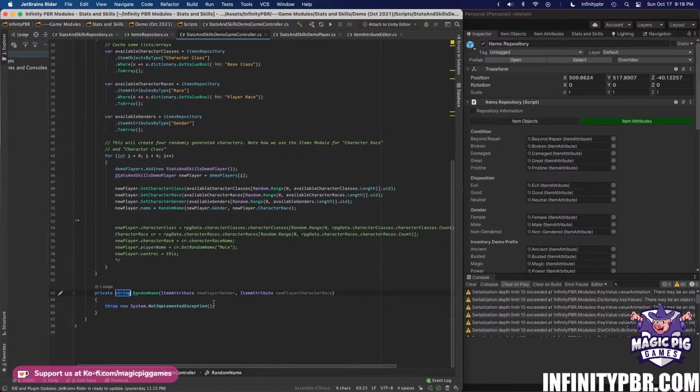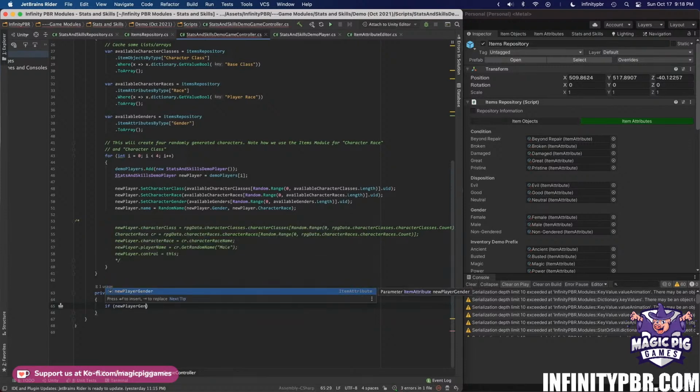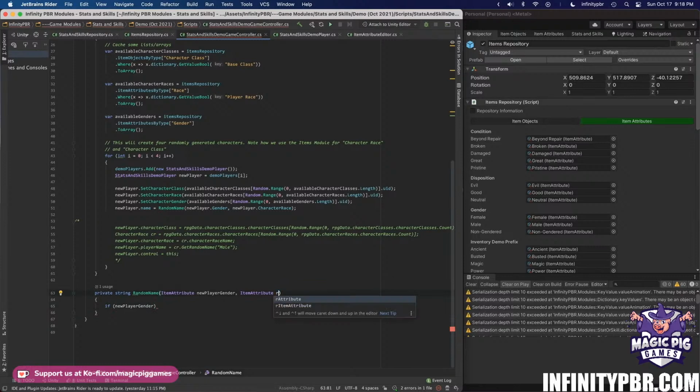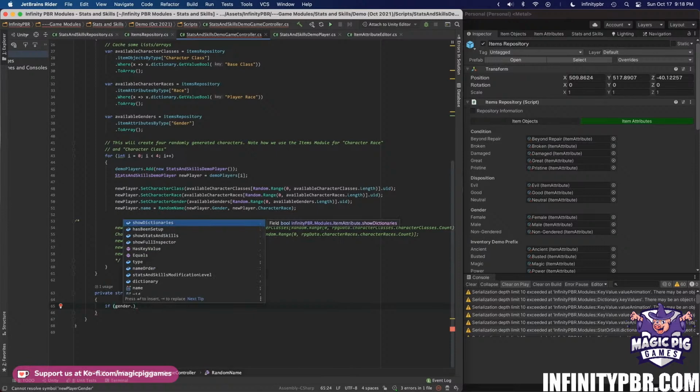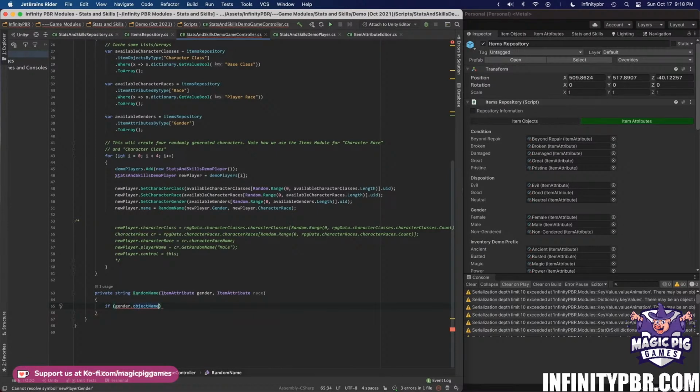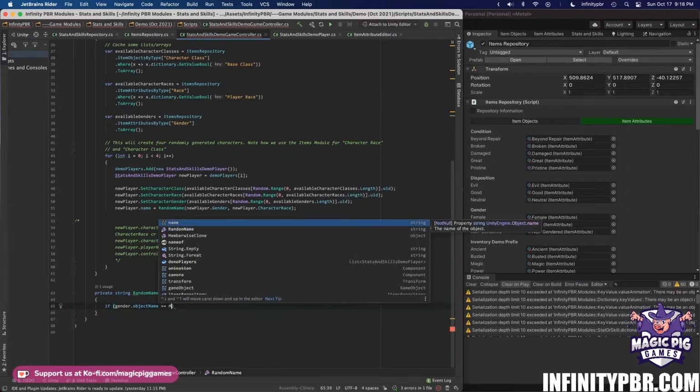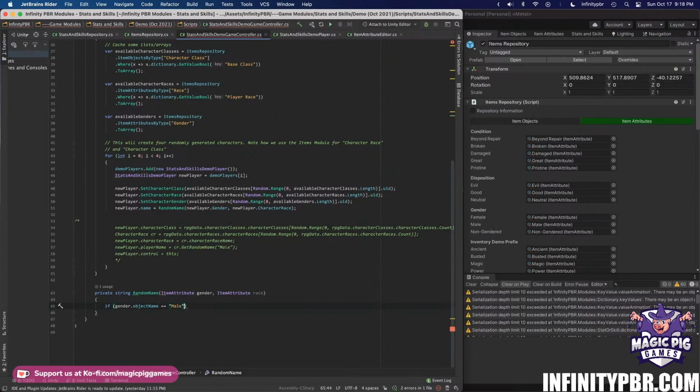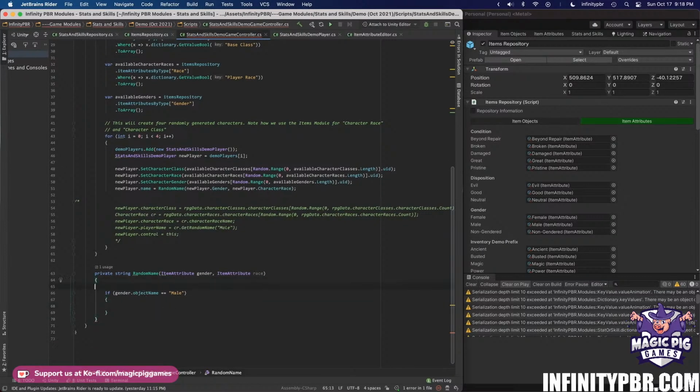And from this, we're going to say if new player gender, let's call this race and gender, if gender dot object name equals male,